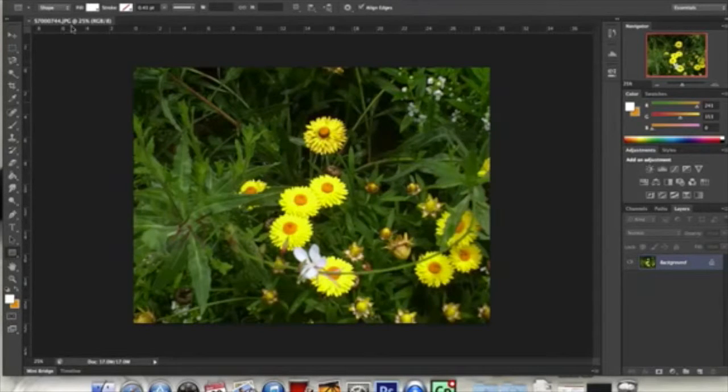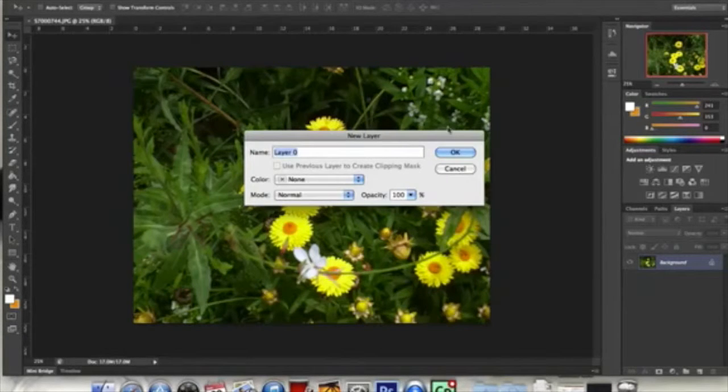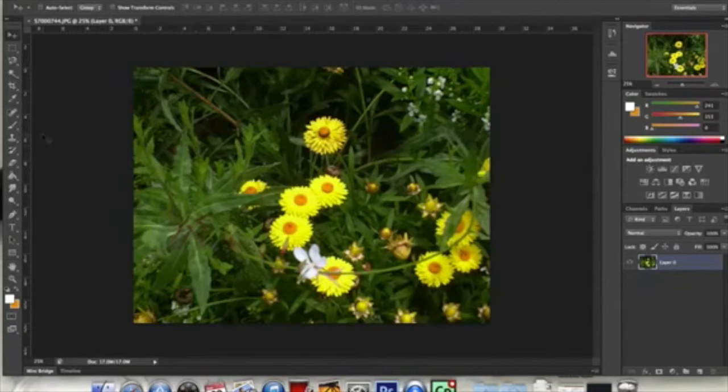So we can get started in working with the clone stamp tool. So we go here, over back to the clone stamp tool, and select that. So what we do is we press Control, or Option, and you select the area that you would like to copy. So right now I've taken a copy of the flower here, so as you can see it over in